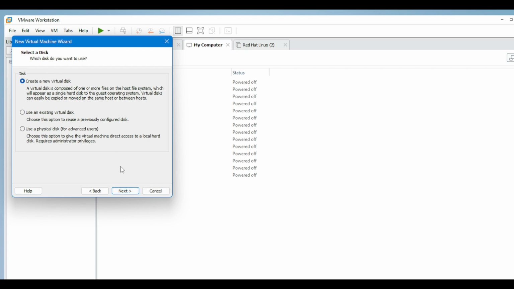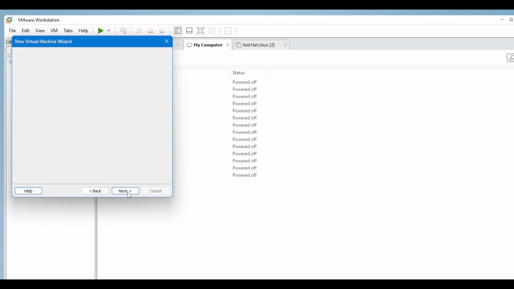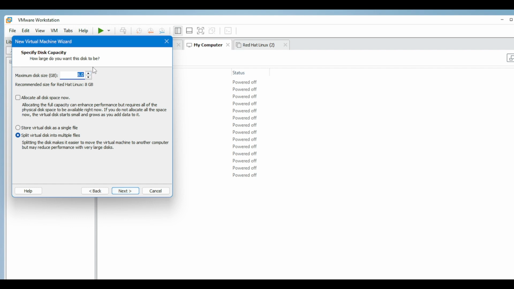Create a new virtual disk, right? Then this should be 20 GB. Then the virtual disk can be a single file. You can choose either of the two, there is no impact, however it is mentioned there what the meaning of this is.